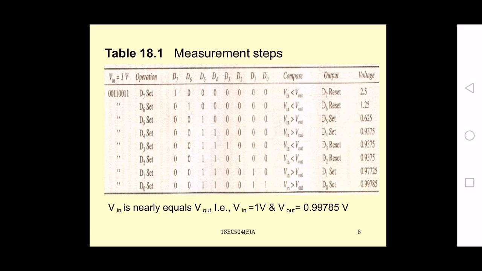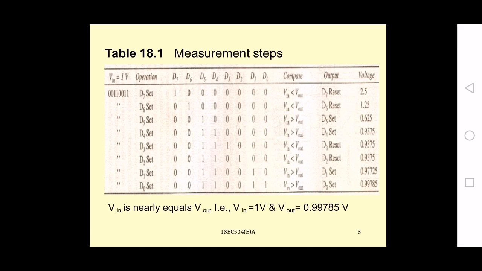Next I am putting D3 to 1 and the remaining bits 0. Now I am again checking. Now in this case V in is less than V out. So D3 will be reset and the voltage will be 0.9375 only. So after the fifth step, 0 0 1 1, D3 will be reset, and I am setting the